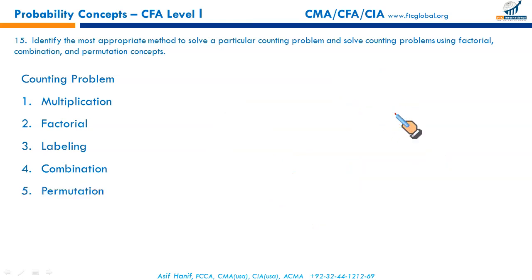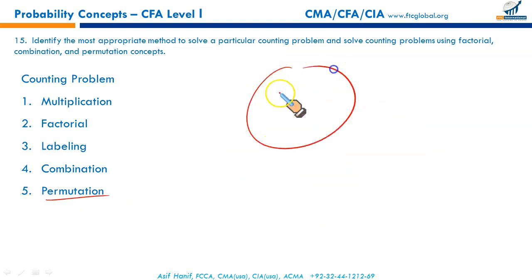Last one is the permutation. Permutation is the arrangement where we make 2 groups, one from the larger one, where the order matters. You need to look for the word order. So the permutation formula applies to only 2 groups of predetermined size. So you need to look specifically for order. For example,